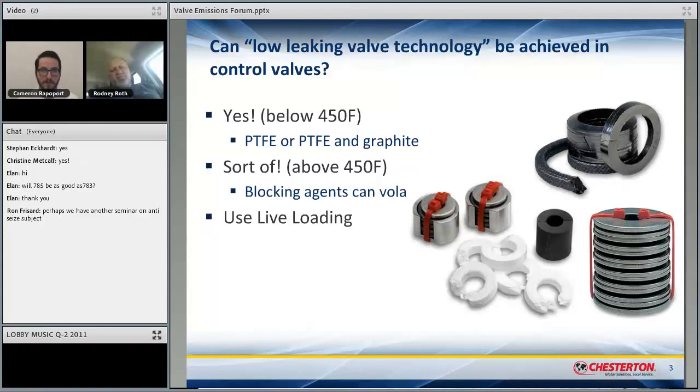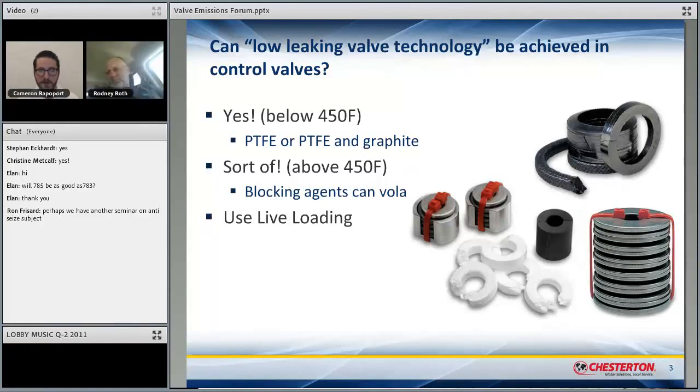We rate our packing at 750 degrees Fahrenheit because we've actually performed the ISO testing at that temperature and been successful. But other people only rate theirs to 600 or 650 anyway, because almost every low emissions product is going to have some limiting factor, but all of us have PTFE. So it's just a common place to look at it. But don't be real concerned about the temperature, because there are also ways to make your product effective at higher temperatures by engineering specific additions to the stuffing box to support higher temperature ratings.